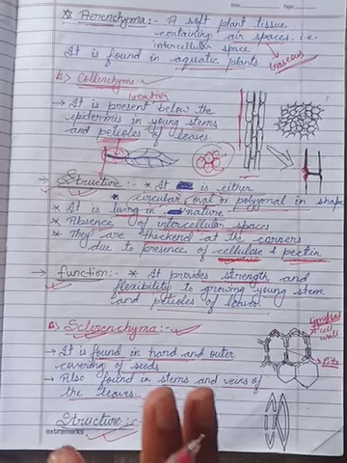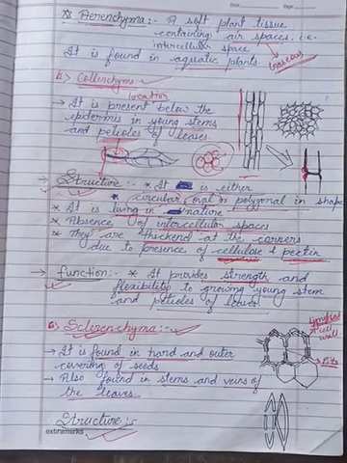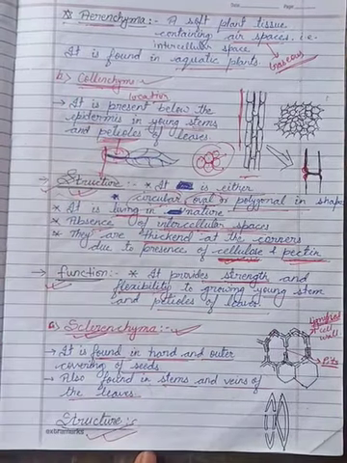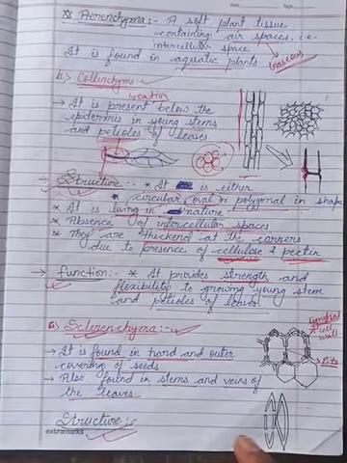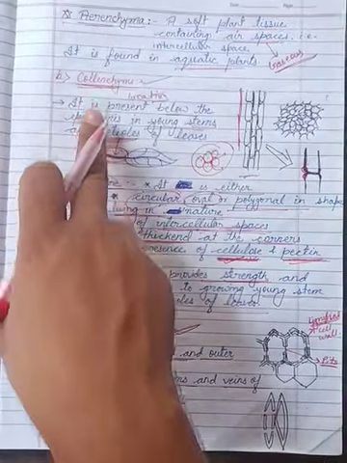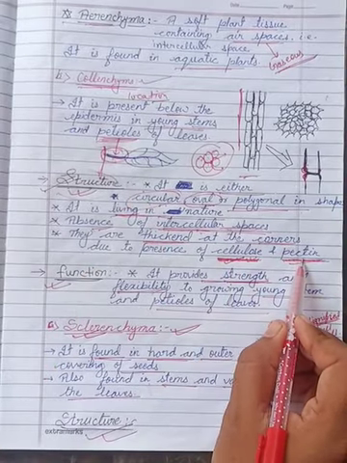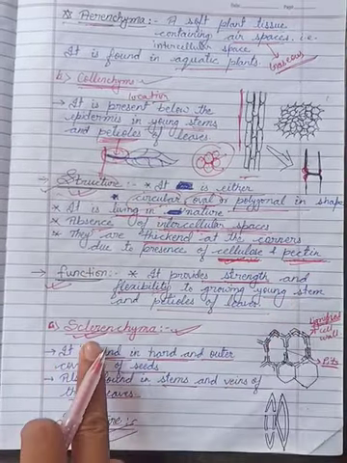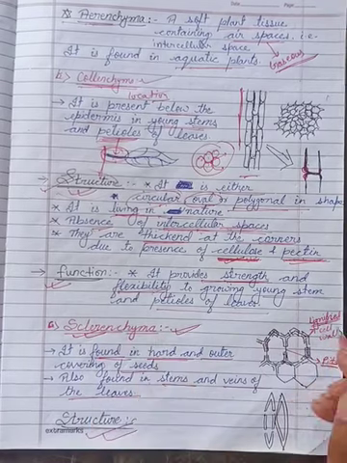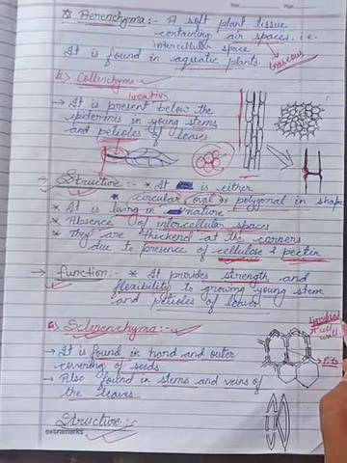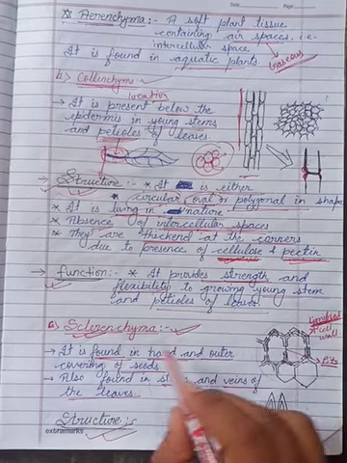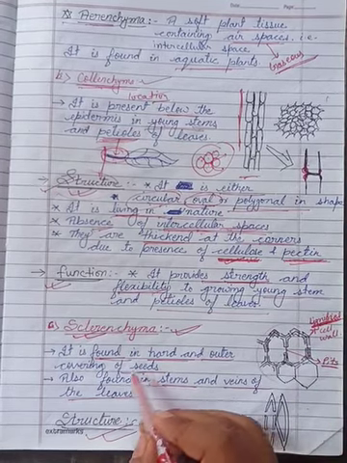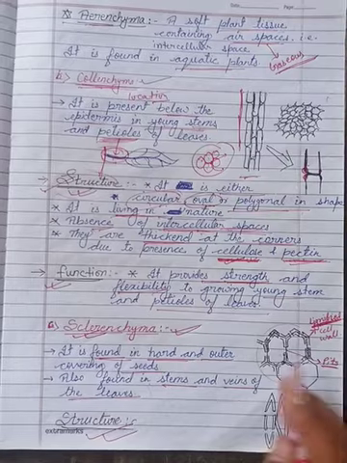Now you have to remember three points related to the cell wall of parenchyma, collenchyma and sclerenchyma. The cell wall of parenchyma was made up of cellulose. The cell wall of collenchyma was made up of cellulose and pectin, whereas the cell wall of sclerenchyma is made up of lignin. Just because of lignin, the cell of sclerenchyma behaves as a harder substance.